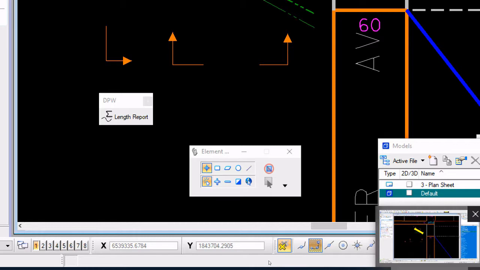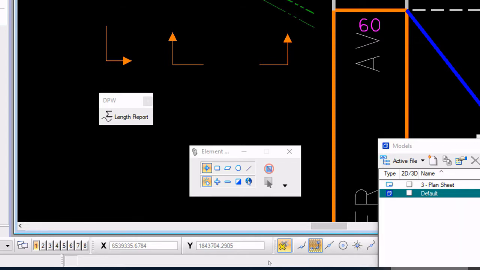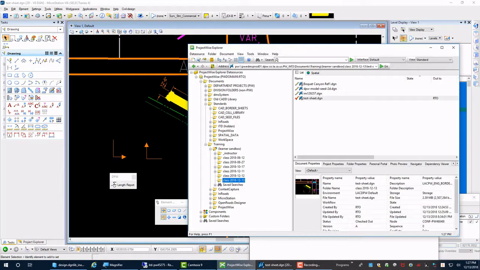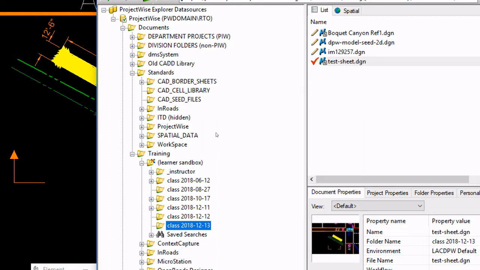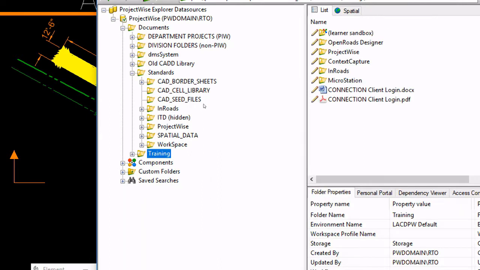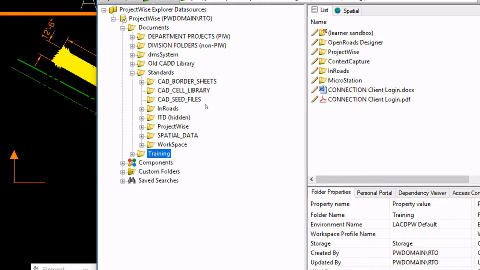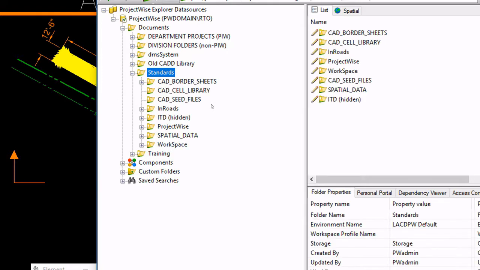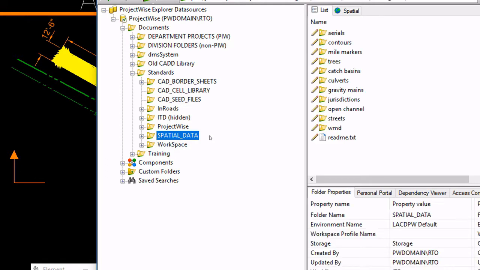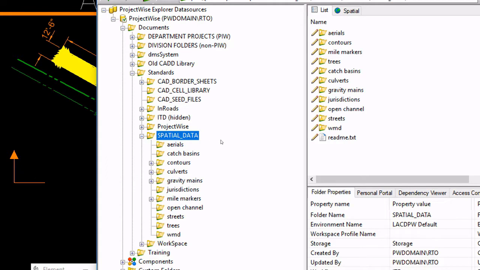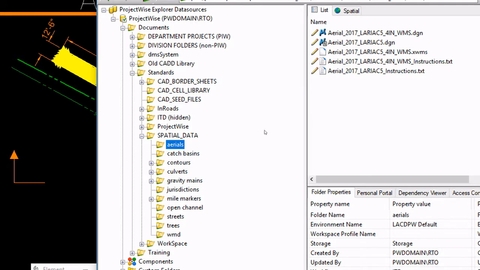So the most exciting thing, I think, for me at least, is the aerials. Let me show you how you can connect to that. So in ProjectWise, we have a standards folder. So you're familiar with the different folders, department projects, division folders. There's an old CAD library, and below that is a standards folder. Within there we have some spatial data, and part of the spatial data is now an aerial folder with links to,